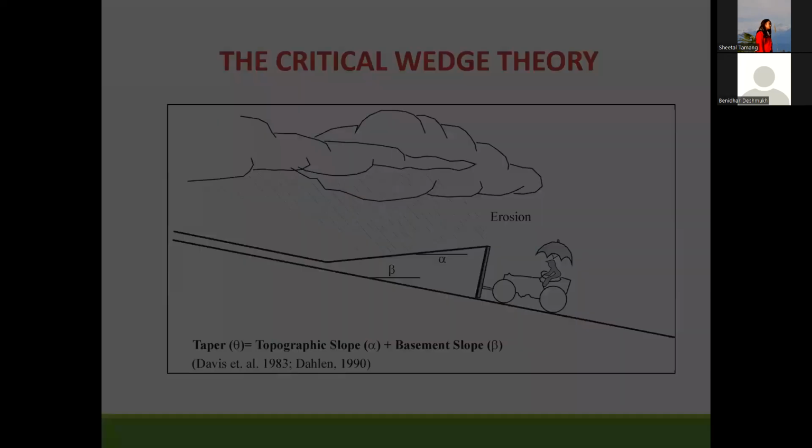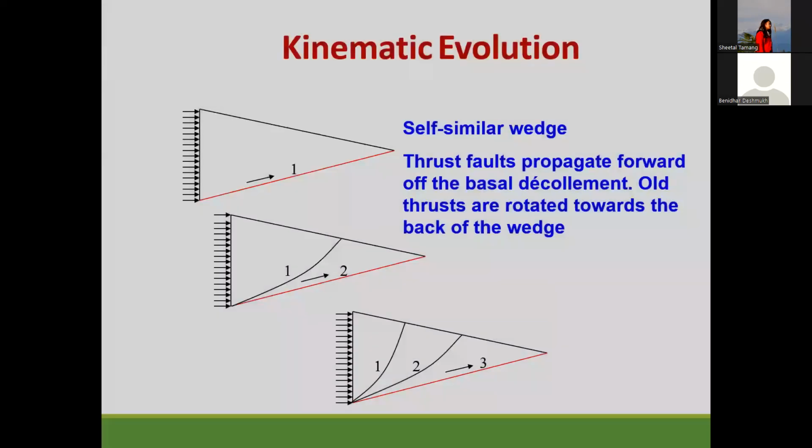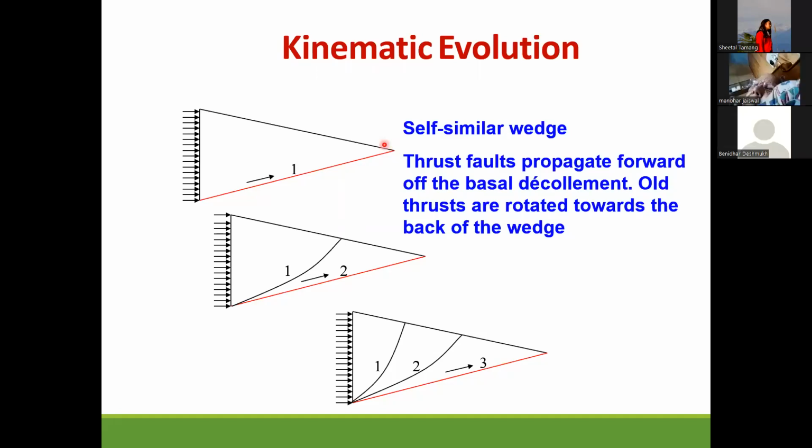Okay, so the idea is that when you have a critical angle alpha plus beta, or critical taper theta, then the entire material can move along the basal decollement. That needs the wedge to develop that critical slope, like in the bulldozer, where once it reached a critical slope, you could move the material along the road. Similarly, you need to reach a critical taper so that the entire material can move along this basal detachment. After the first motion occurs, you'll get one fault.